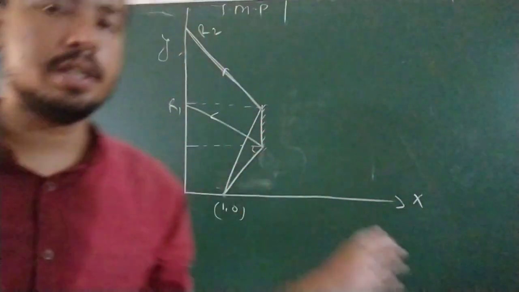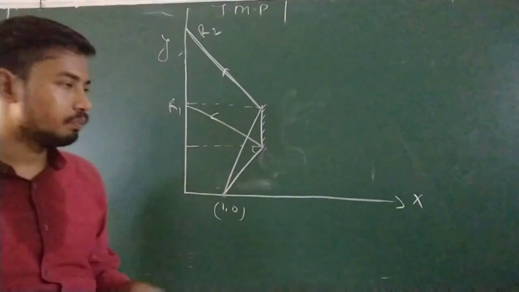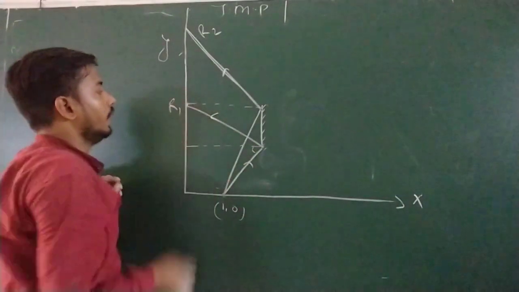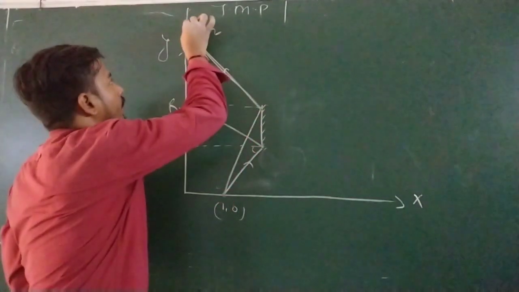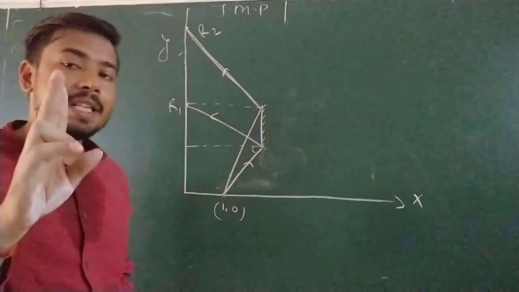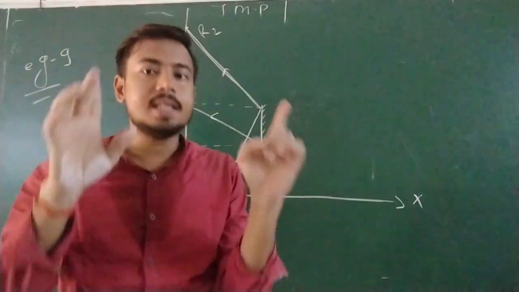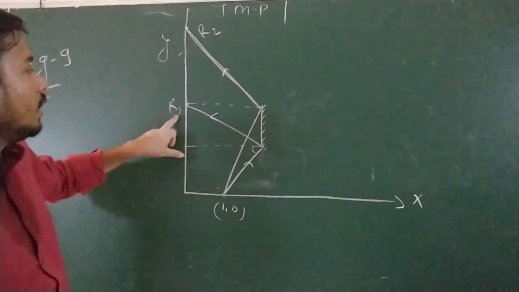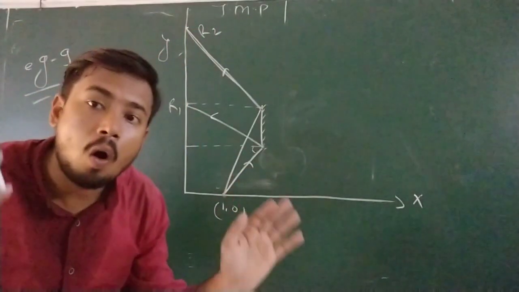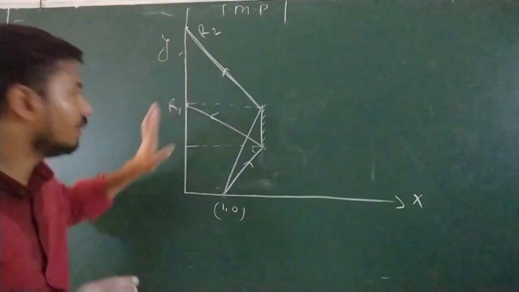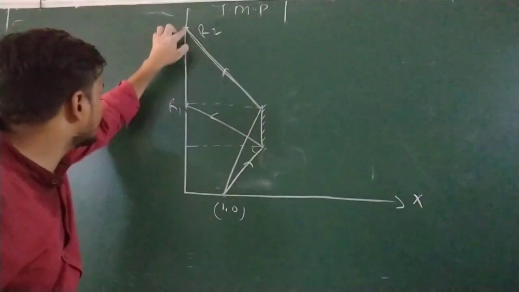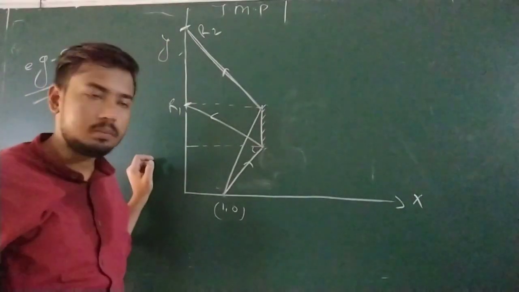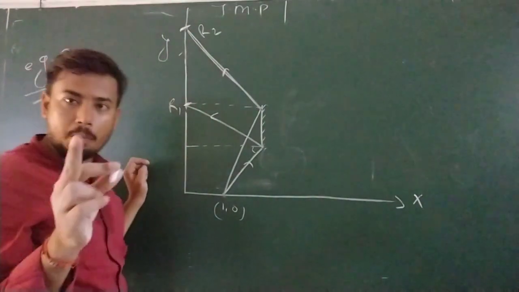So just see, very good question. I think this question was asked in IIT Advanced once. See, the first ray will come here and be reflected here. Okay. The second ray will come here and be reflected here. So I told you the image will be formed only due to the intersection of reflected rays. So it means if the lowest reflected ray is here and the highest here, then all reflected rays will be between this point and this point. So we have to calculate this coordinate and this coordinate.